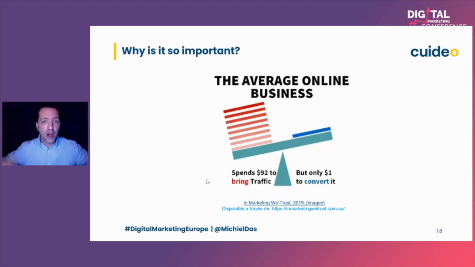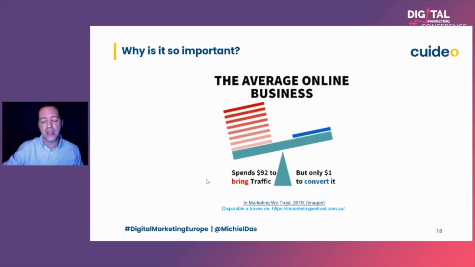So it's full of content, very long to read, and people never arrive at the end of the page, which is where we have our form or our call to action, right? So we spend a lot of time bringing in traffic, but not that much time in actually converting that traffic